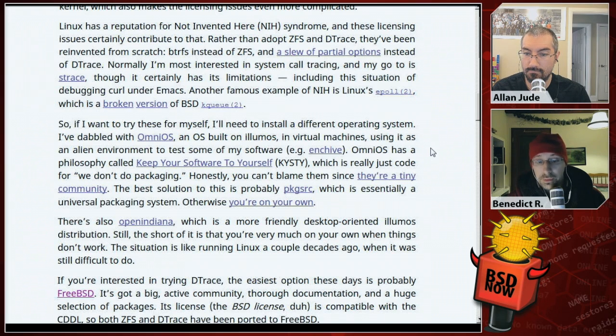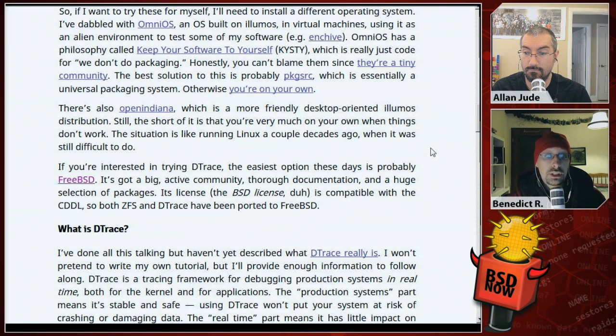So he's dabbled with OmniOS a little bit, an OS built on illumos, in virtual machines, using it as an alien environment to test some of his software. OmniOS has a philosophy called keep your software to yourself, or KYSO, which is really just code for we don't do packaging. Honestly, you can't blame them since they're a tiny community. The best solution is to probably use pkgsrc, which is essentially a universal package system. Otherwise, you're on your own. And so they also cover a little bit about OpenIndiana, but getting back to his original problem,